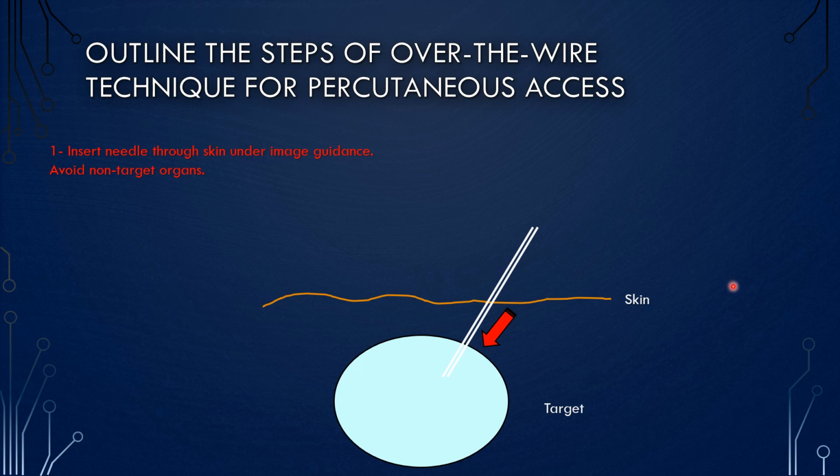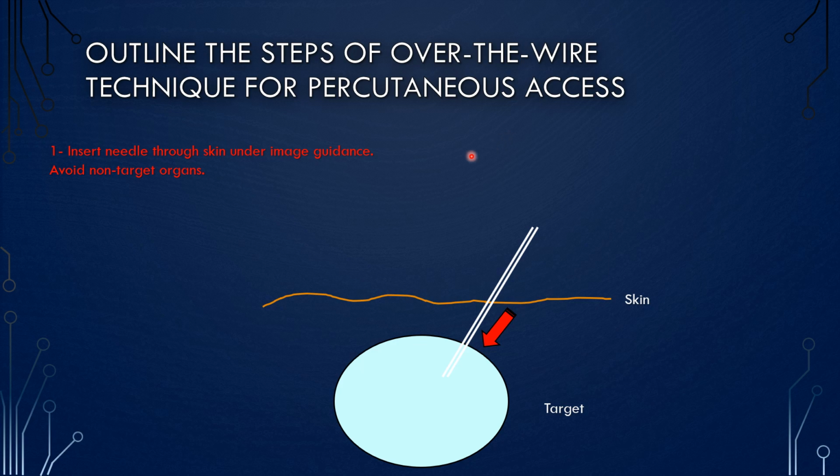So, do you know who uses this kind of technique? It's not only the interventional radiologist. Cardiologists would use over-the-wire technique when they go in for cardiac catheterization. Same for ICU staff when they insert temporary dialysis catheter or central venous access. Same for ER physicians. Sometimes they can use that for getting central venous access. So keep an eye, because regardless, even if you're not getting into interventional radiology, this technique is going to be